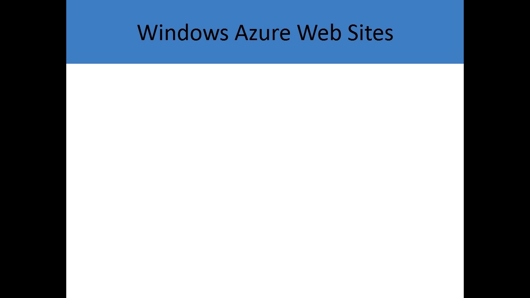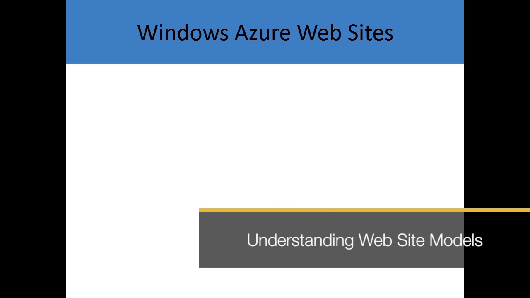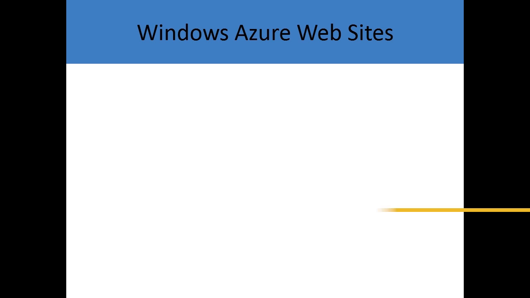When you want to have a website in Windows Azure, you do have a couple of choices. There's two main approaches that you can take with respect to how you might want to implement a website. You can certainly have a virtual machine and then host the site on that virtual machine. This gives you a fair amount of flexibility. You can set up the server really however you see fit, whatever your needs require, and then host the site